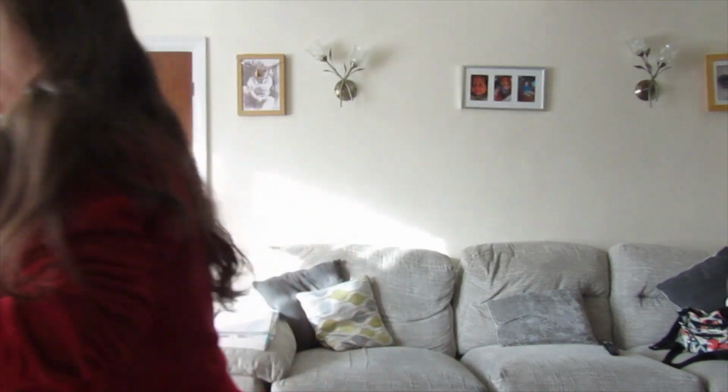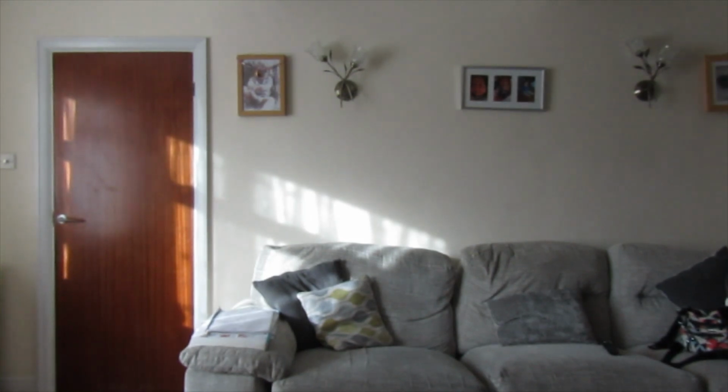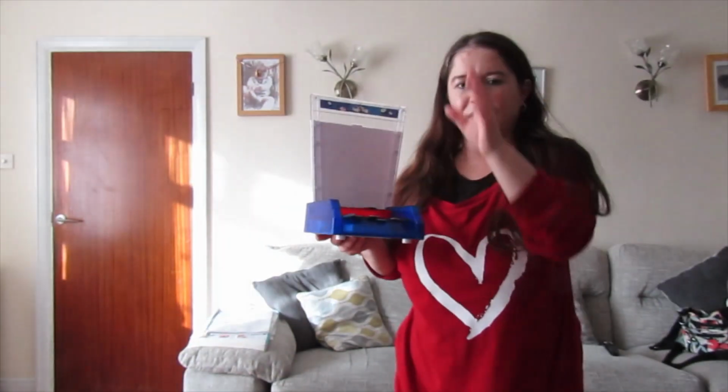Next is his other favourite toy, and it's this one. He's got two of these. One in Wimbledon and one here. This is a tipping point machine. There's a show on ITV called Tipping Point, and it's basically